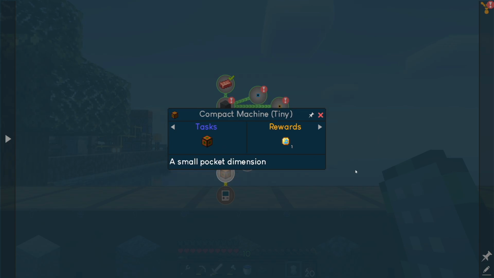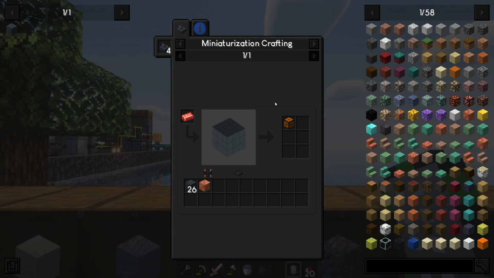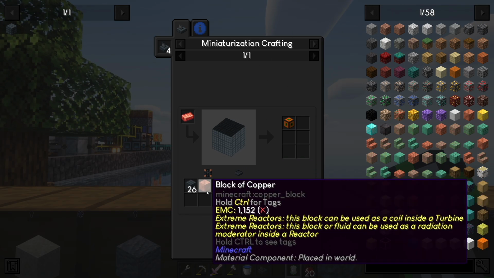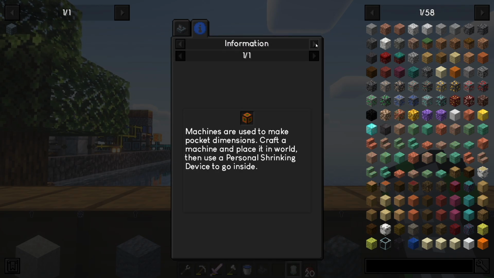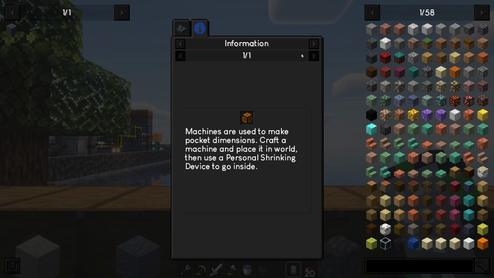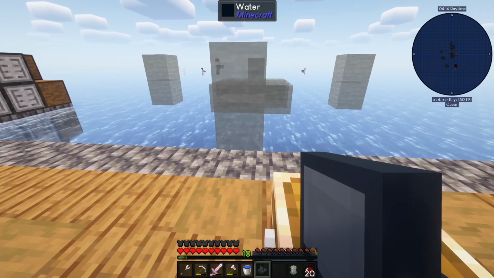A small pocket dimension. Okay. Miniaturization crafting. I'm going to have to look into what is going on here because this is something completely new to me. Machines are used to make pocket dimensions. Craft a machine and place it in the world. Okay, so we just need to place this in the world. Aha. Okay. How do I...